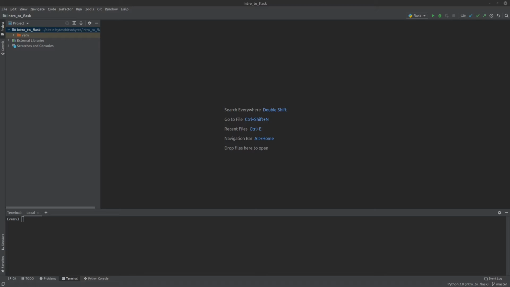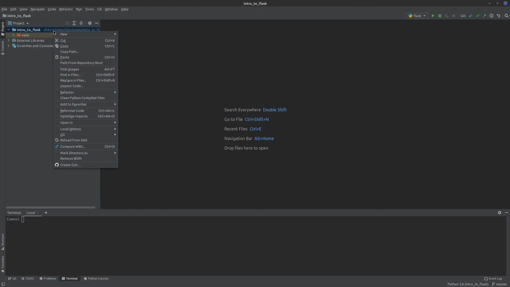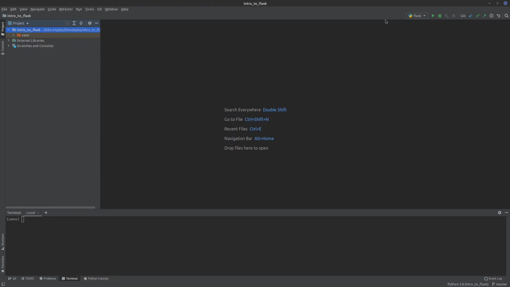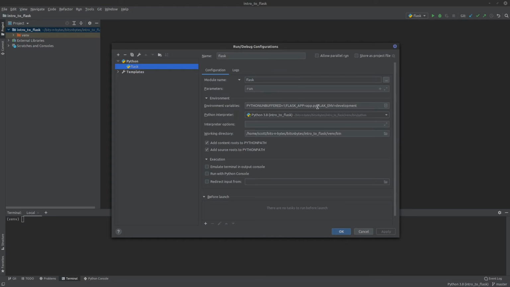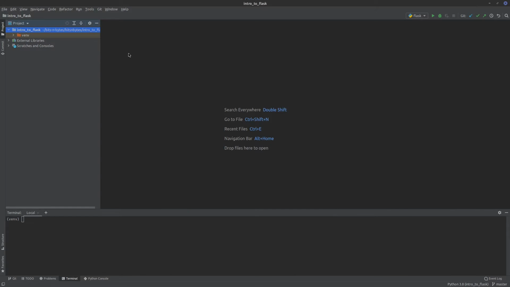Okay, so now you'll see that we have our application configured, but we don't have an actual application yet. So we're going to create an extremely simple application, equivalent to a Hello World application, which is really all you need to get started, but we're going to go through a couple of different things here. So we're going to create a file. Remember, in our configuration, we set the environment variable, let's see, I've got to go into edit, we set our environment variable to app.py. So that's what we're going to create right now.